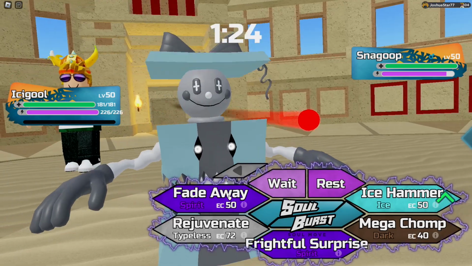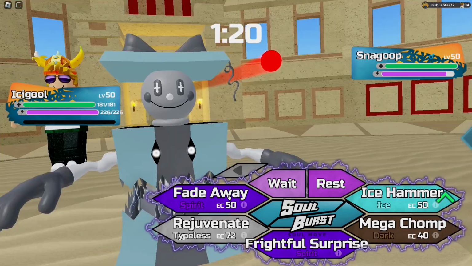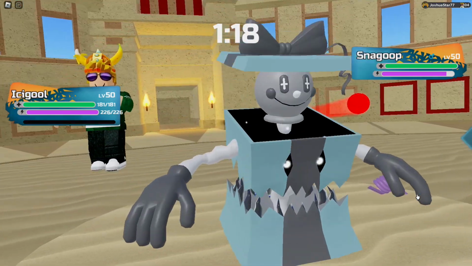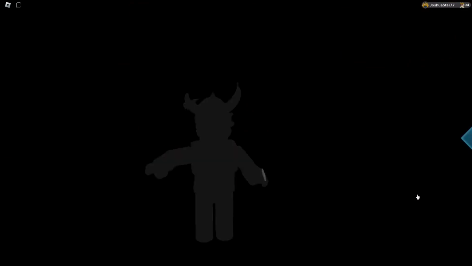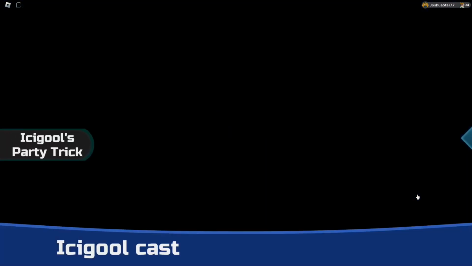Soul Burst Fade Away on the Muck Blast. No, I'm going to use Ice Hammer first turn. If I go Ice Hammer this turn, I can get rid of its Clutch Plushie. And then I can protect...